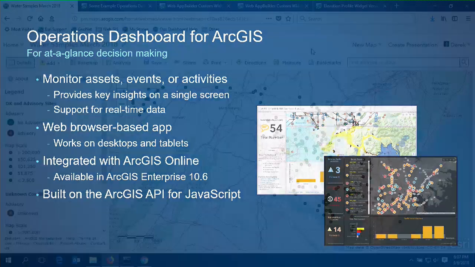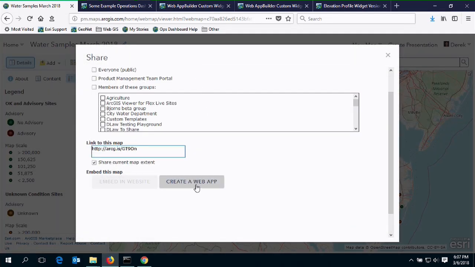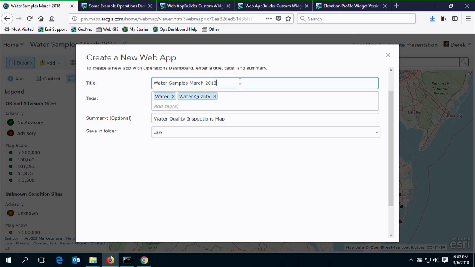Let's take a look. So you can see here I'm logged into my ArcGIS Online organization, and I'm looking at a map of some water sample data for the state of Maryland, and I'm inside the ArcGIS Online map viewer. So if I want to quickly and easily build a dashboard around this web map, I simply click Share, and then I can hit Create a Web App. So I can give it a name, Web Water Samples March 28, 2018 Dev Summit,